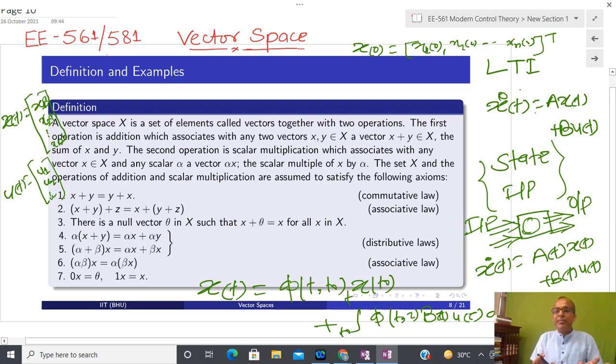So what I am telling is that whatever things I am going to discuss here are valid for all linear time invariant systems. You just have to worry about the A matrix and B matrix, which change from system to system. A similar story holds for the linear time varying system. Since I am talking about a class of systems, the A and B matrices are also not fixed.